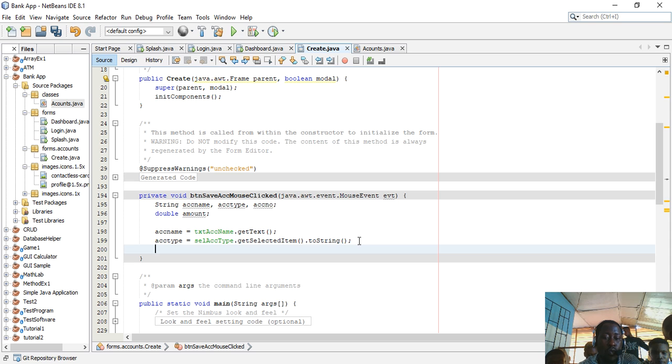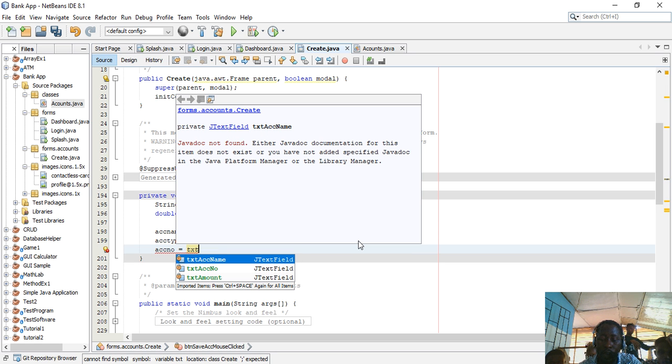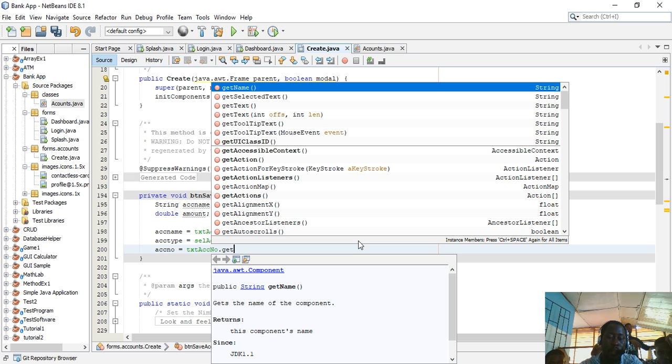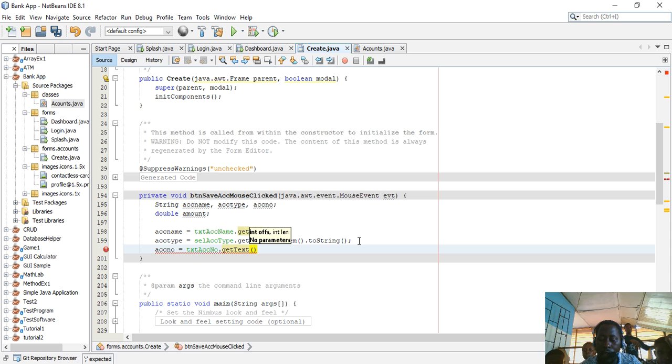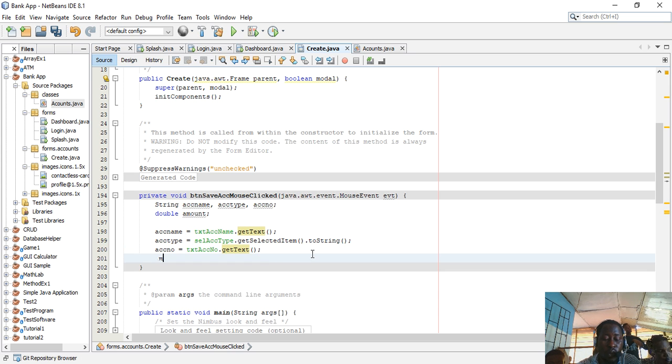After which we will get our account number, which is a text. So account number is equal to TST ACC number dot get text. Now I think the last one is the double, which is the amount. Amount is equal to